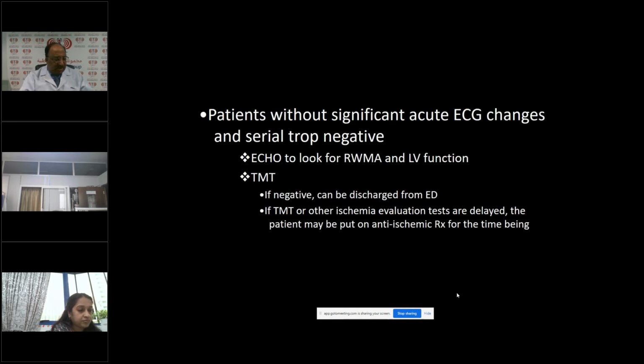Now, if the patient does not have any significant acute ECG changes and serial troponins are negative, that is unstable angina, the patient should be taken up for a treadmill test evaluation. If positive, then take up for angiogram, depending upon the severity of the positivity. If negative, can be discharged. So this is the basic outline of management of